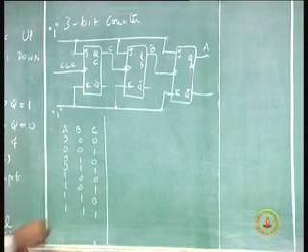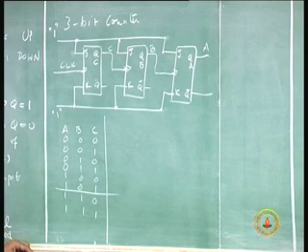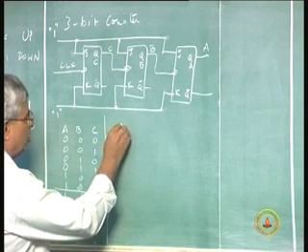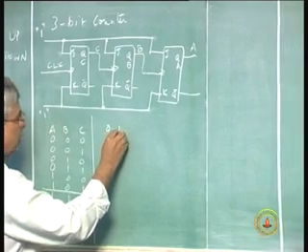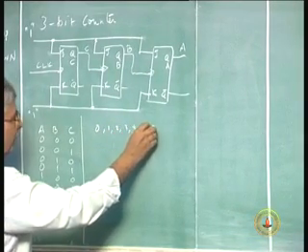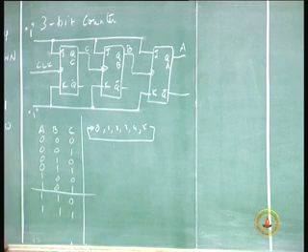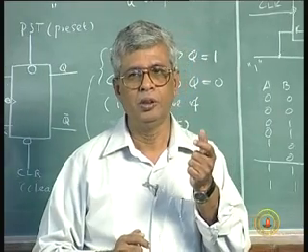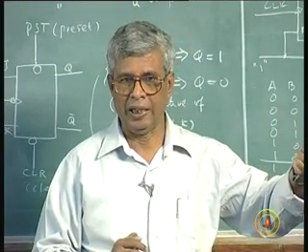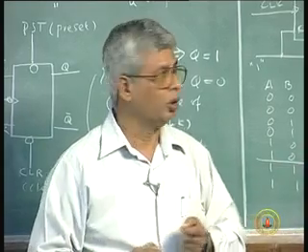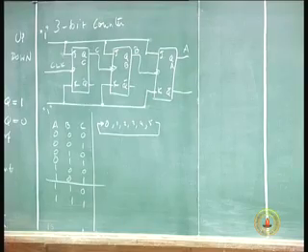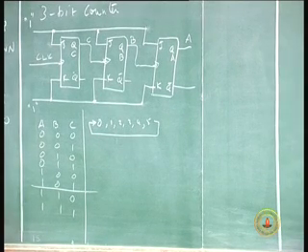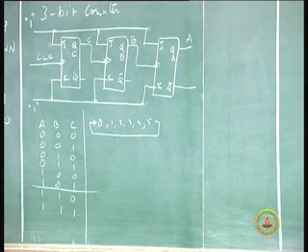Now, let us say I want after 5, 0, that means I want to count from 0, 1, 2, 3, 4, 5 and back to 0. I do not want the count 6 and 7 to go through for some reason. I want only 6 states to be counted. So, all I do is detect when 5 is reached, and clear all the flip flops again by using the clear inputs. So, all these flip flops have clear inputs and preset inputs. I detect the count that I want, and when that count is reached, I will have to clear them,